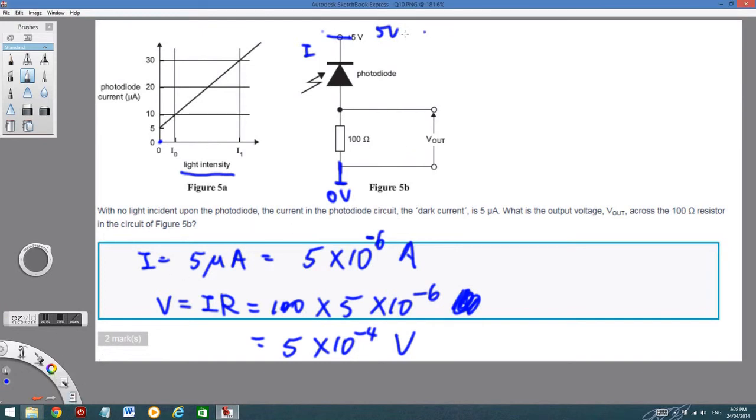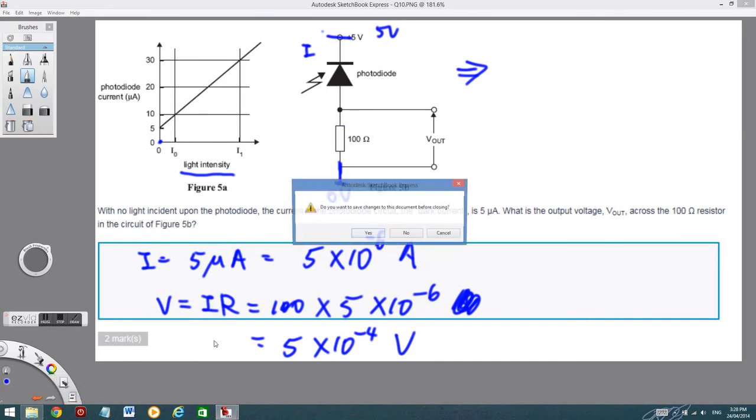Now the important lesson is, when you see a photodiode in the circuit, just remember the value of the current depends on the photodiode, regardless of what's happening elsewhere. You need to find the current through the circuit first. Now let's look at